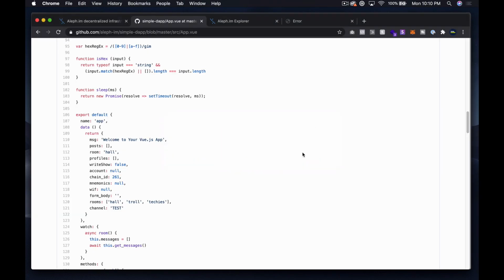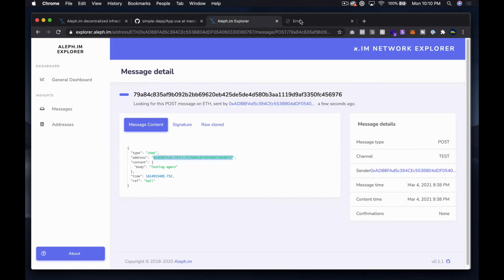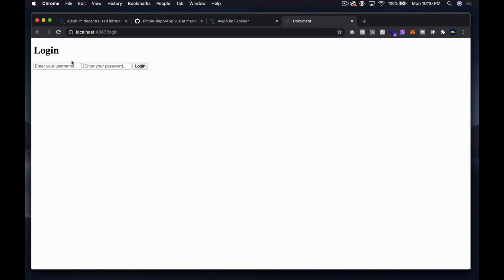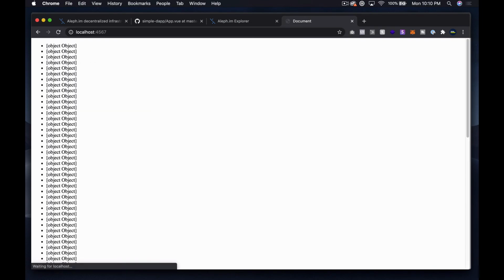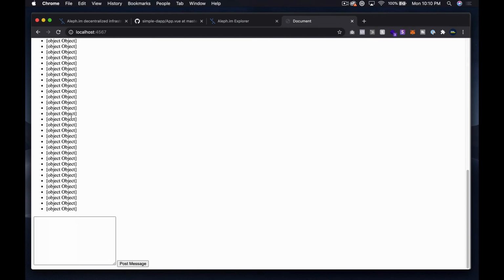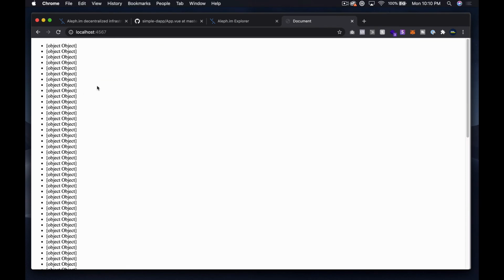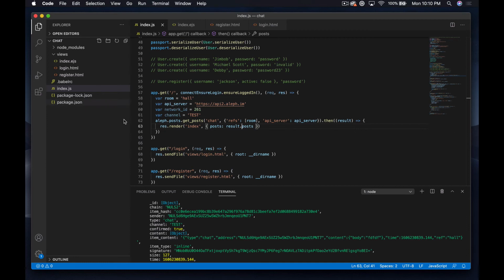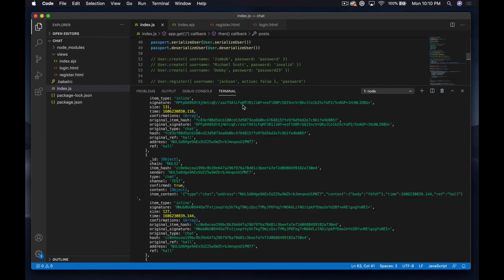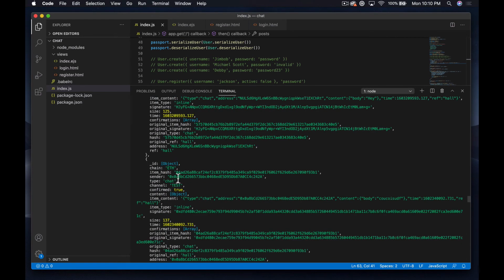So let's go back and refresh again, which is going to make me log in again. Okay, so Samantha, password. Okay, so now we're getting object, right? Now, if we go back, because we're still console logging these things out in here, so you can see that